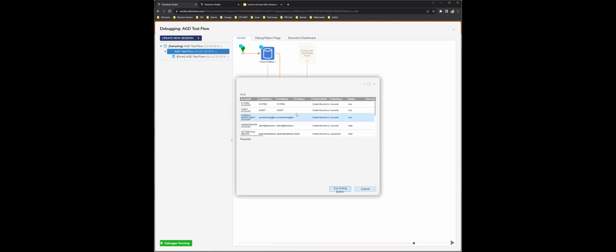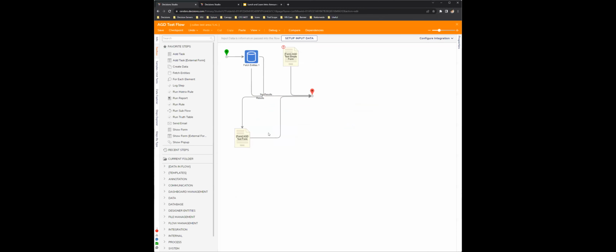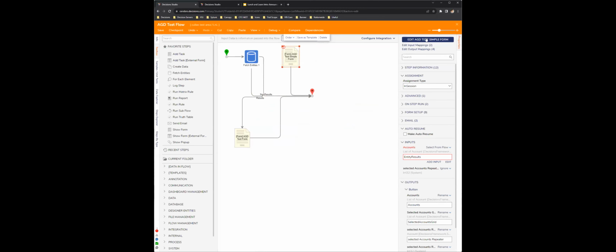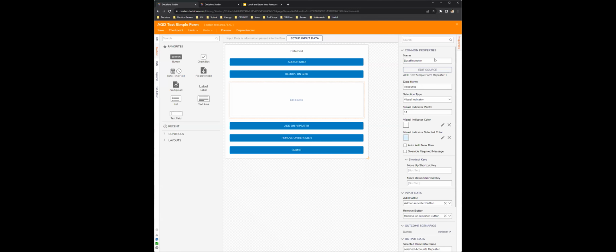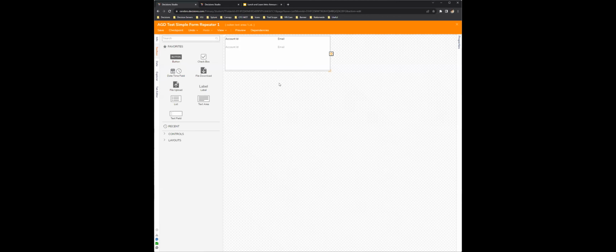This is the data grid on a normal form. And for the data repeater, I didn't create one, but the main difference is that on the simple form, the record form for each one of the records in a data repeater is built out by using a simple form.